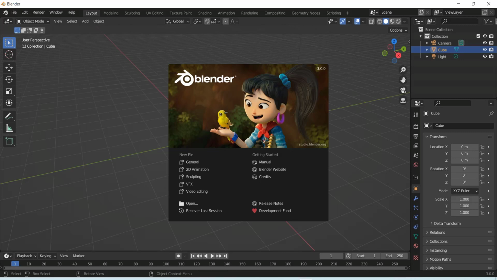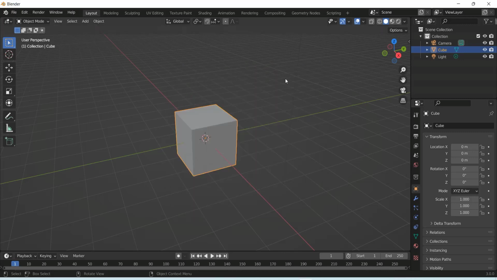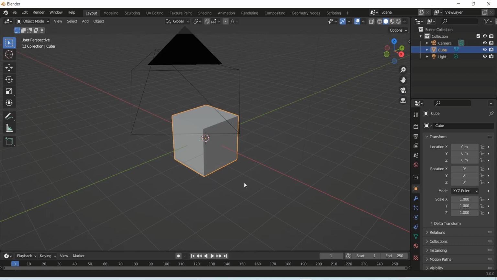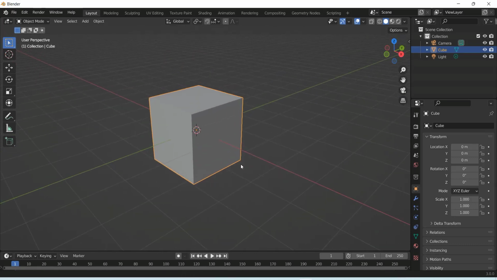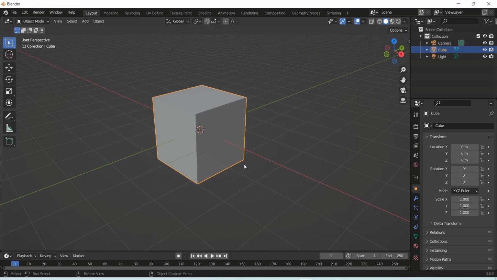Blender Foundation released a new version of Blender, but the navigation is pretty much the same as the previous version. To rotate the whole 3D view, use your middle mouse; Control and middle mouse to zoom in and out; Shift and middle mouse to pan the whole view. But this setting will hurt your fingers and you may get a wrist injury.